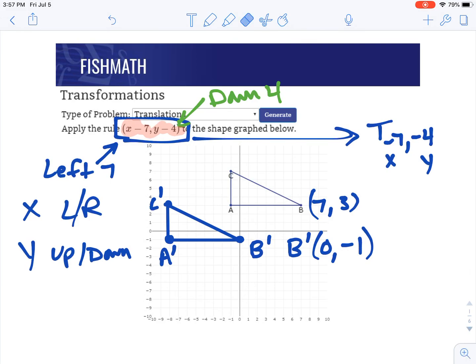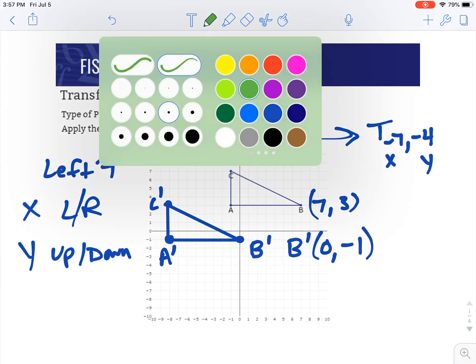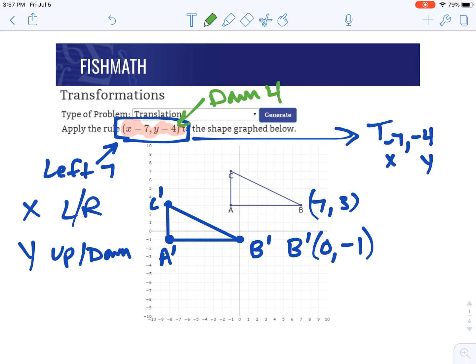It's good to double check though to make sure we counted this, to make sure C's in the right spot. We can just count this out from C to C prime here. Are we going left 7? Sure looks like it. And are we going down 4? Yep. And so we obviously have it in the right spot, and our translation is